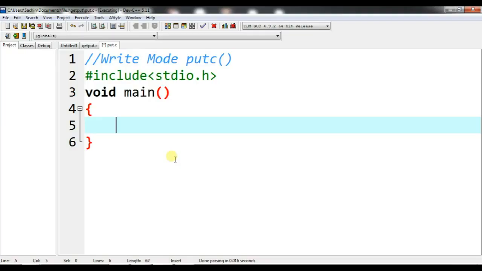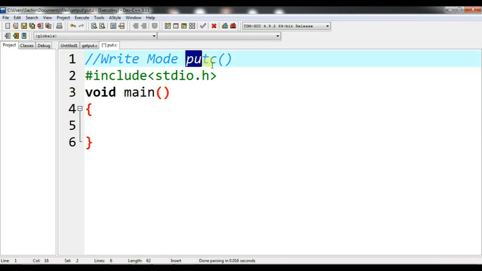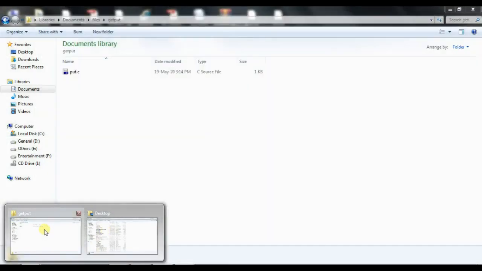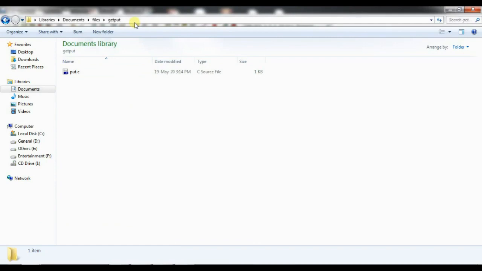So now let us execute the program using getc and putc. First let me take the putc function. See guys, here in the get put folder I have created the file put.c.